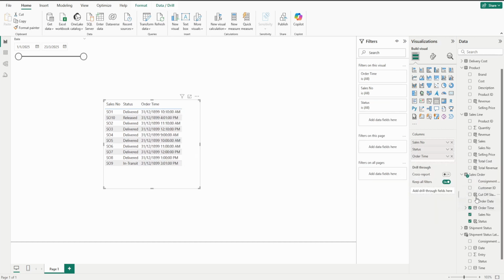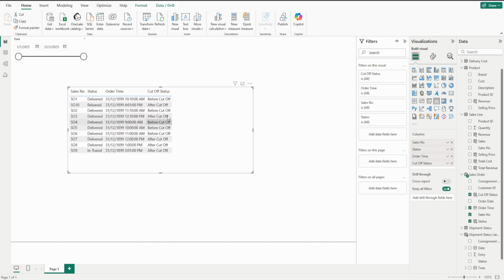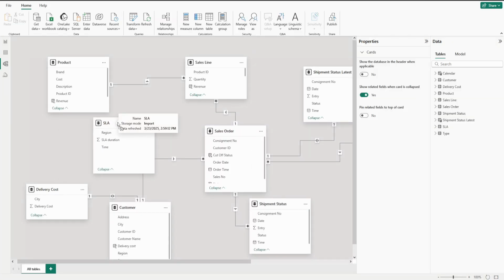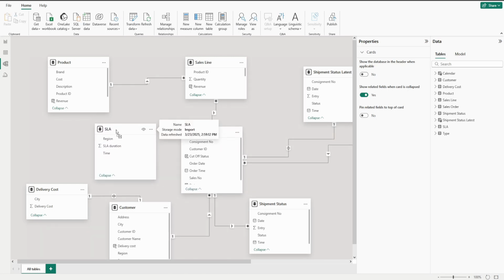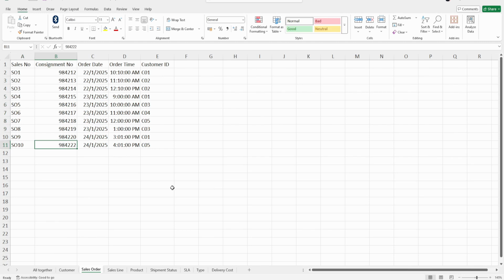Go back to my working Power BI, right click on the sales order, new column, cutoff status. Then I know, okay, for all these particular orders, is it before cutoff or after cutoff? Go to order time, right? Click, drag this here, right? So I know, is it before cutoff or after cutoff? So now, how do I link this SLA table to my sales order? If you can see over here, there's actually no primary key or foreign key for me to link. That's why we need to